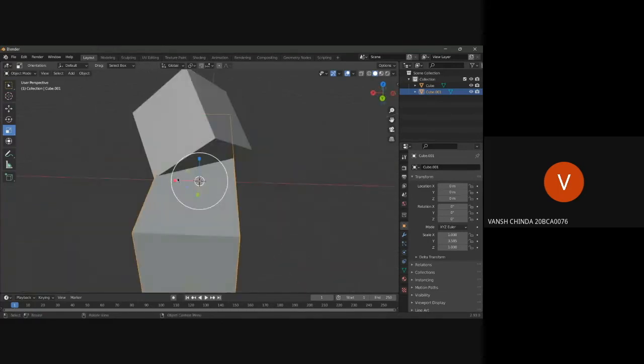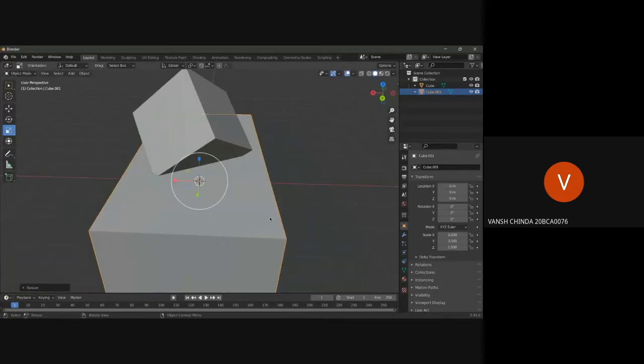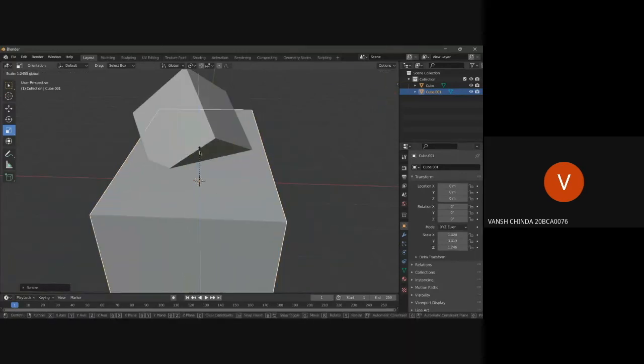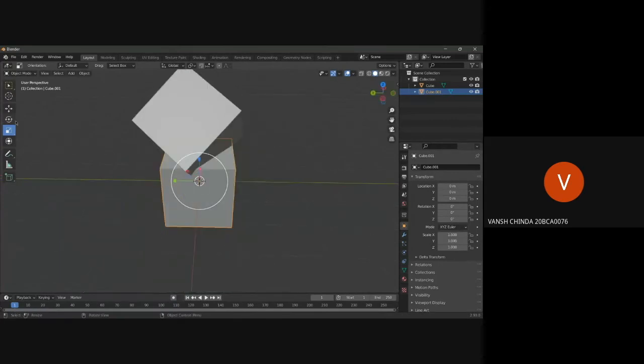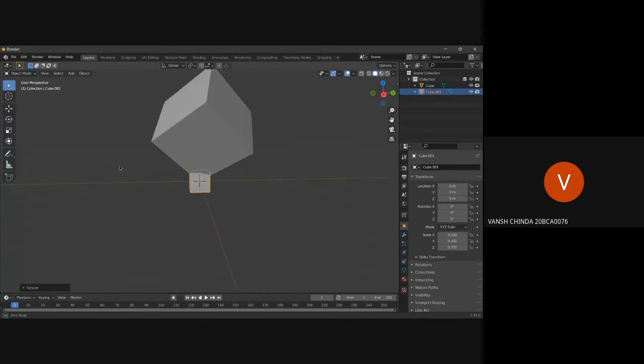If I use this red line, it'll scale according to X. This is Y, this is Z. But we don't want that. We want it to scale down equally, so we'll just press S on the keyboard, scale this down, and then press G to move it up.